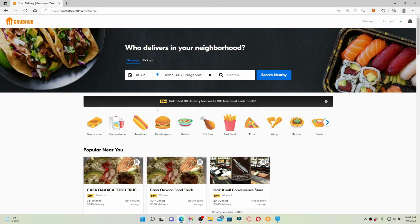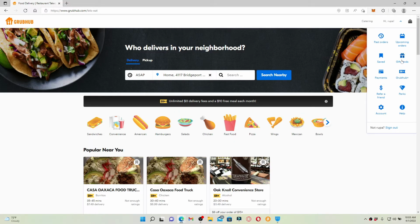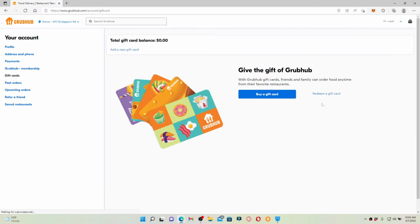Once you're logged into your account, click on the drop down right next to your name at the top right hand corner and then click on the gift card button. Here you can select an option that says redeem a gift card. If you want to purchase a gift card, you can click on buy a gift card here and follow the on-screen prompts. In today's video, since we are redeeming a gift card, let's click on this next option that says